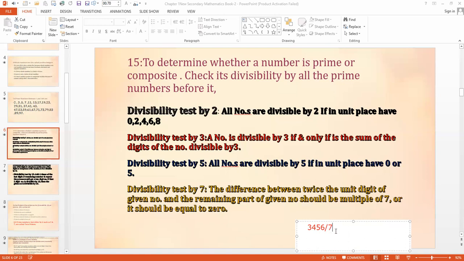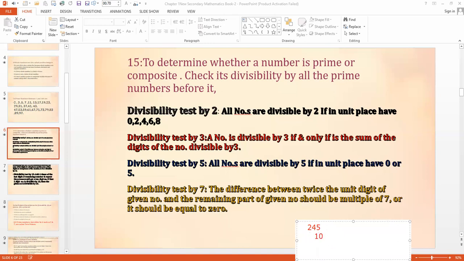Now I have to take one other number, so it becomes easier for you to understand that if a longer number is given to you, how you come to know which number is divisible by 7 or not. Now I have to take another number, that is 245. At the unit place, which number is given? 5. And when you double this 5, what will be your answer? 10. Now you have to subtract this 10 from this 24.